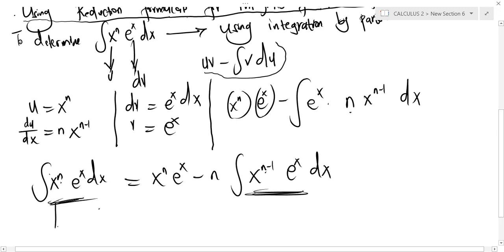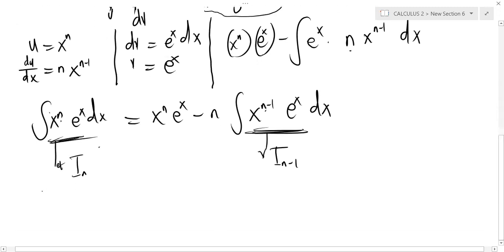So if we decide to call this I_n, then let this be equal to I_(n-1). So we can write the general formula of I_n, that is the integral of x^n e^x dx, is given by x^n e^x minus n I_(n-1) plus c, such that if, let's say, we are told to find the integral of